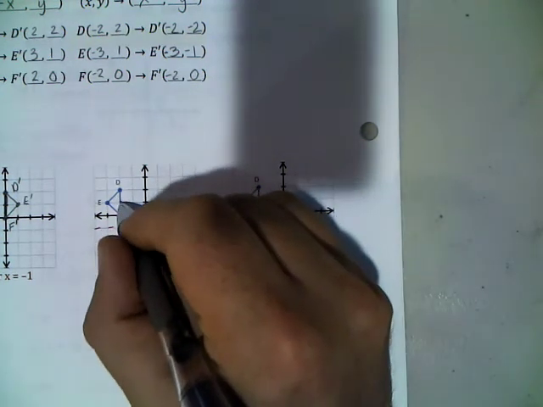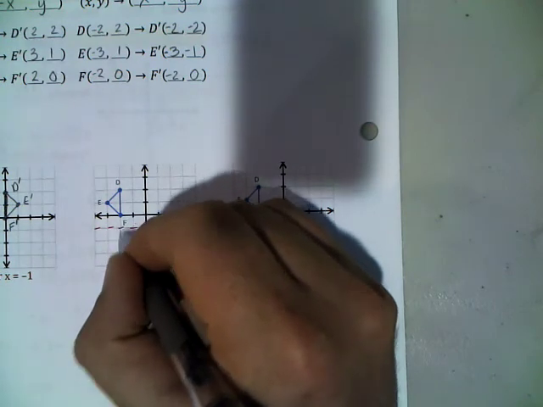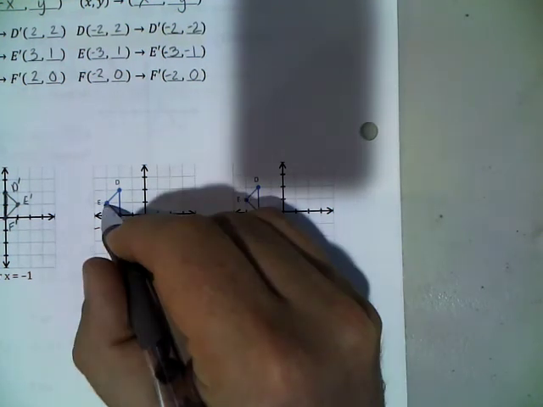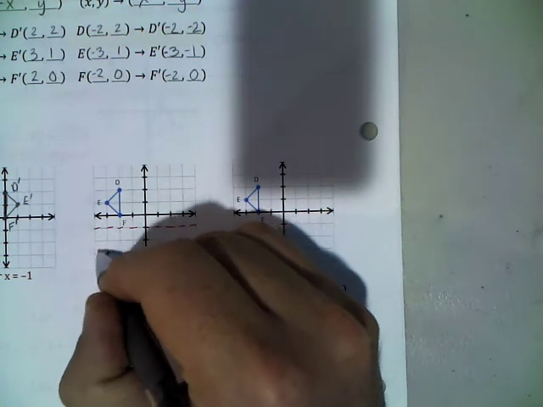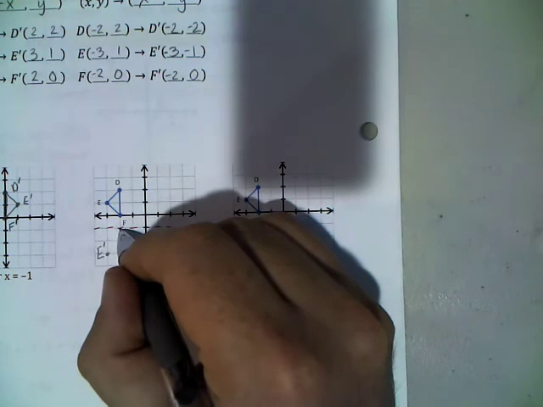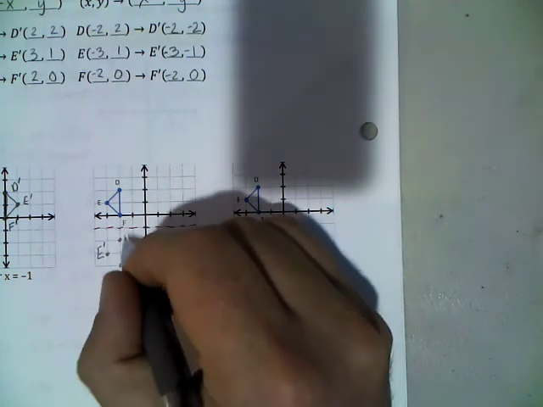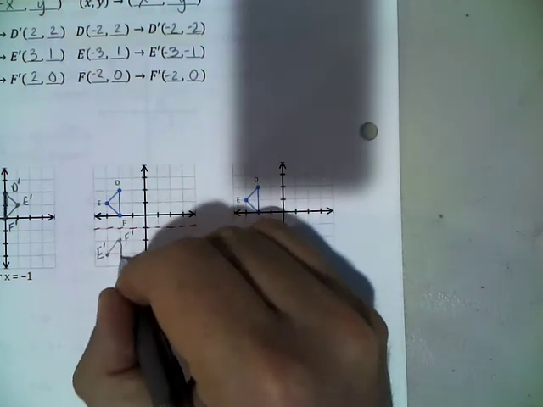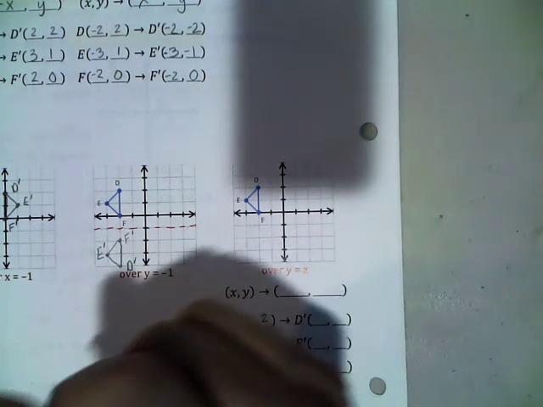So D is 3 spaces away. And so I'm going to go on the other side, 3 spaces. There's D prime. E is 2 spaces away, so 2. And then F is 1 space away. So 1 space. And then finally,